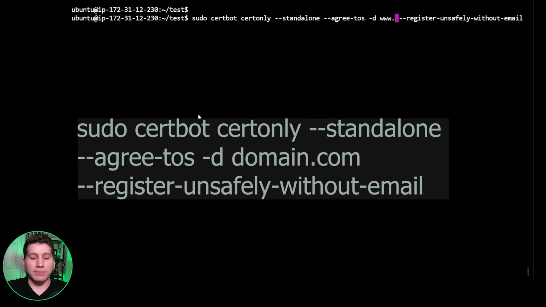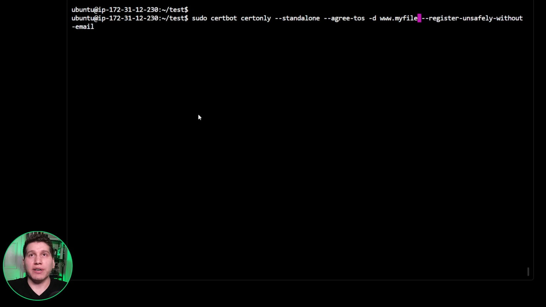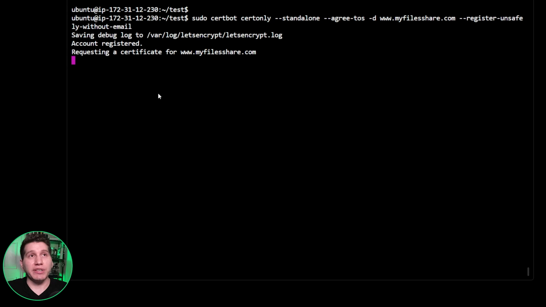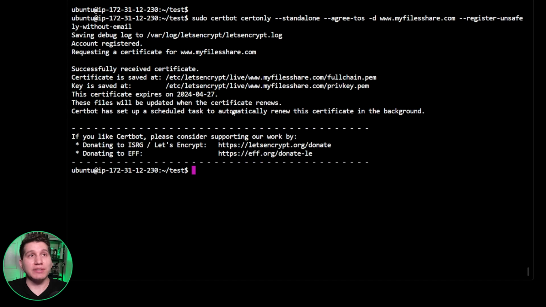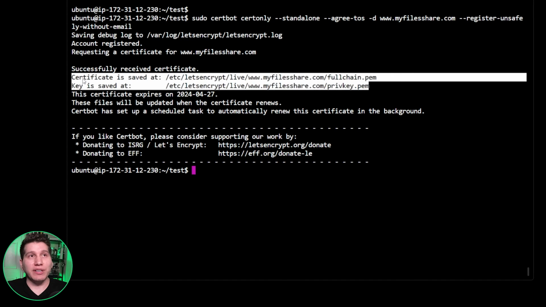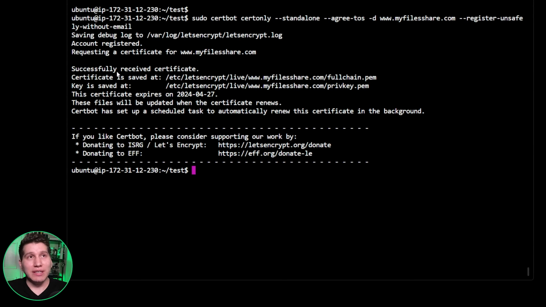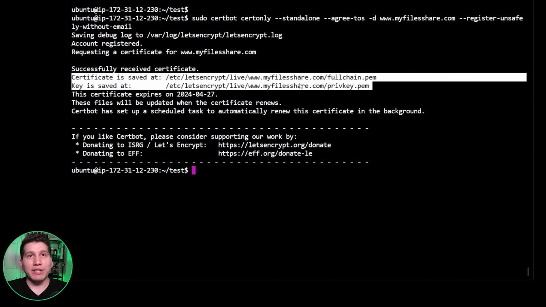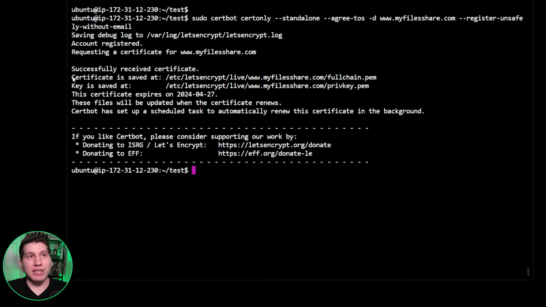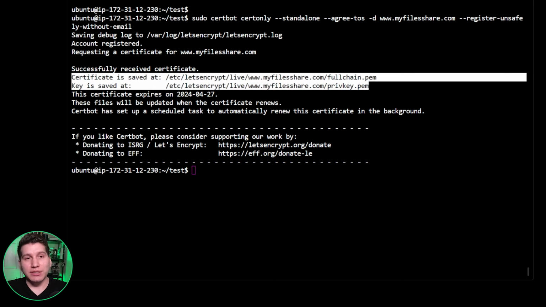So in my case it would be www.myfilesshare.com, and you press enter, and it'll start obtaining the certs. Again, right here, if you receive an error, then it's probably because you don't have those DNS entries. It outputs where the files are saved to, the cert and the key, and for this you need to mark it down. It'll save it to the same location, but you'll write these down because we'll need to use them